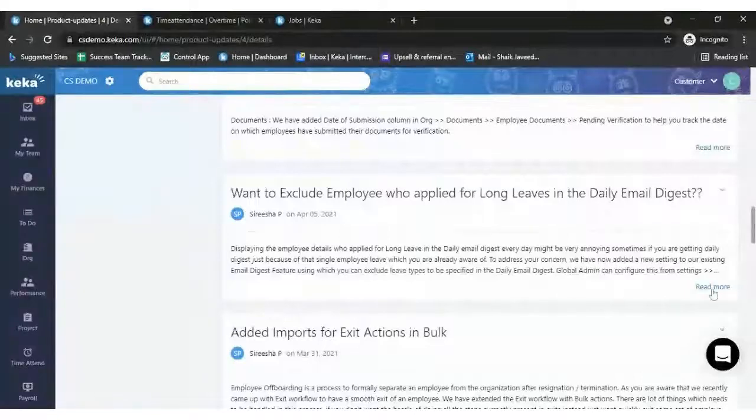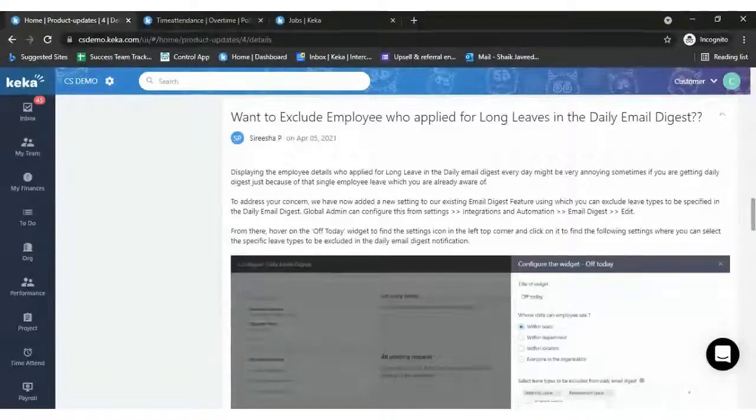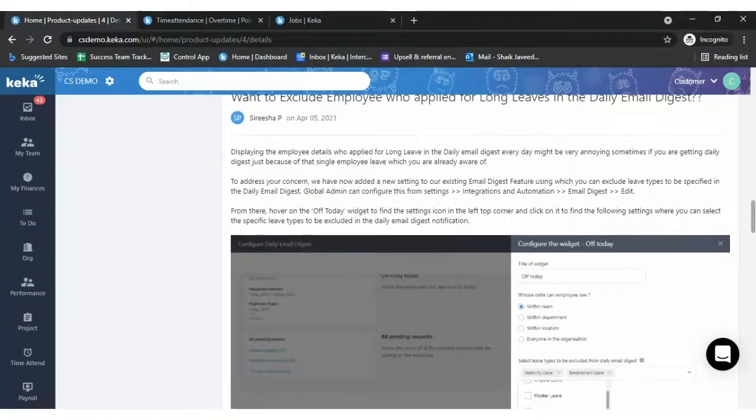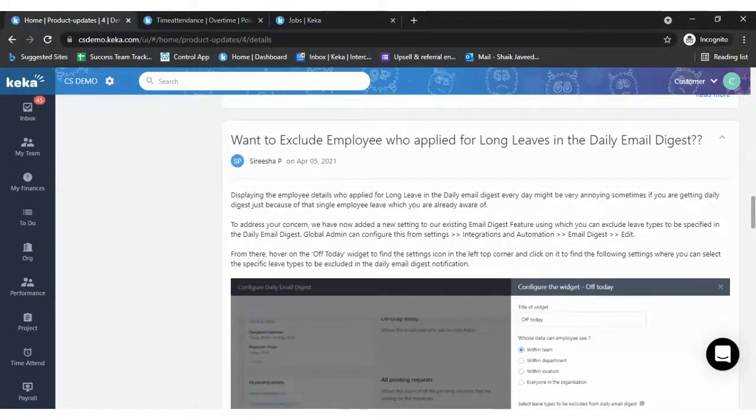Every day you would be getting this digest email, right? Earlier we didn't have the option to customize this email digest. Let's assume one of your employees is on maternity leave or paternity leave for a period of time. Though the employee is on leave, you're getting the email every single day in the email digest, and you don't want that to happen.